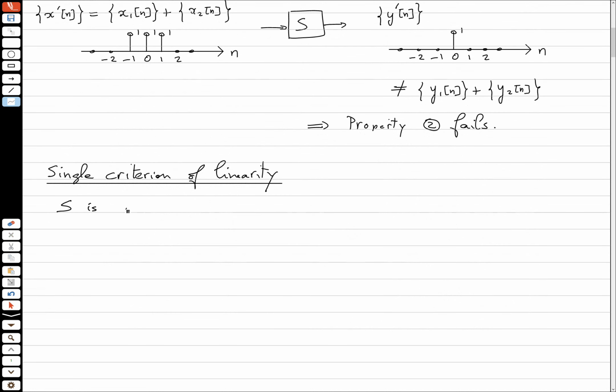S is also linear if and only if. You understand IFF? If and only if, whenever you want to look at the response to a linear combination of inputs, then you obtain the linear combination